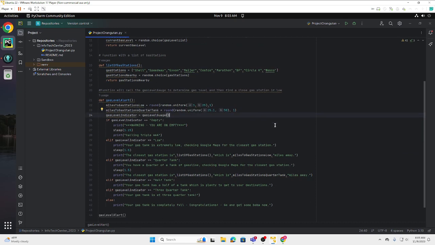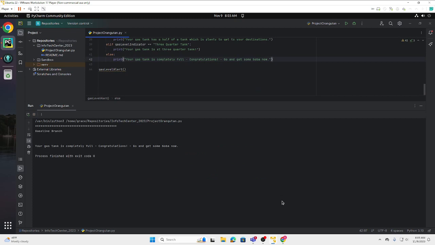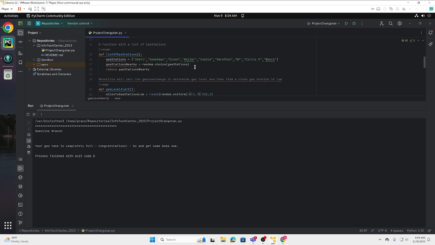It's hard for me to say something sometimes, so I'll just show you by using F10. And wow, your gas tank's completely full, and I just wrote a silly little message here, but basically what this does, as I explained earlier, is it chooses a random tank,